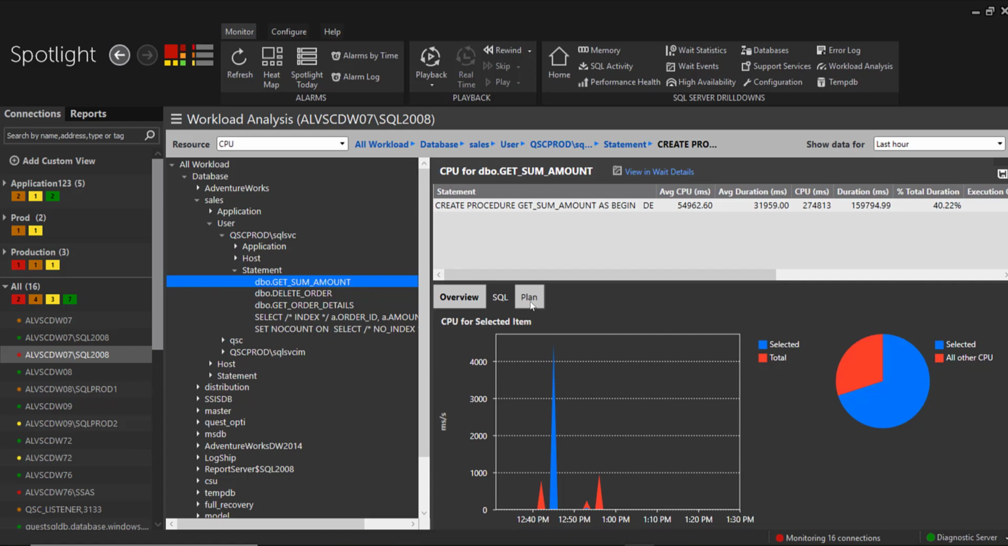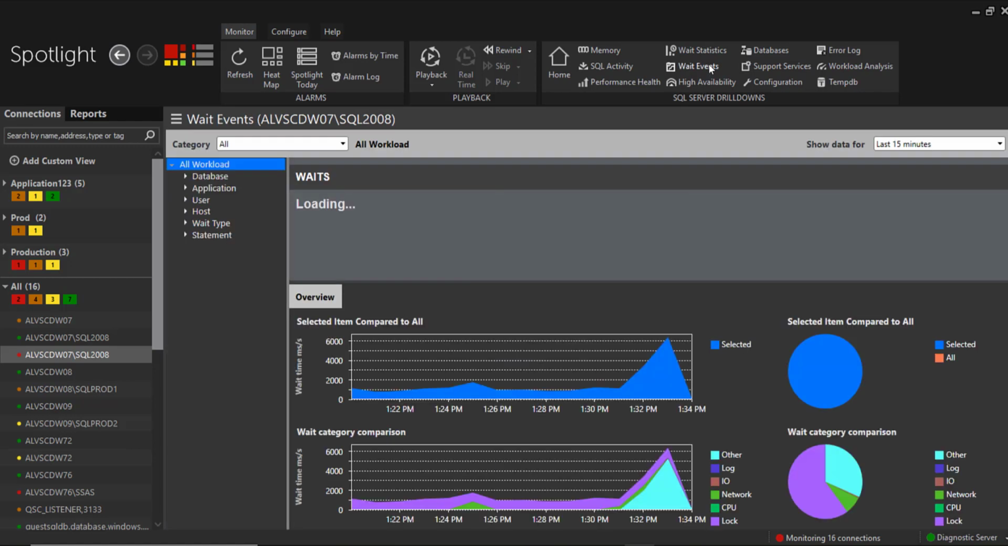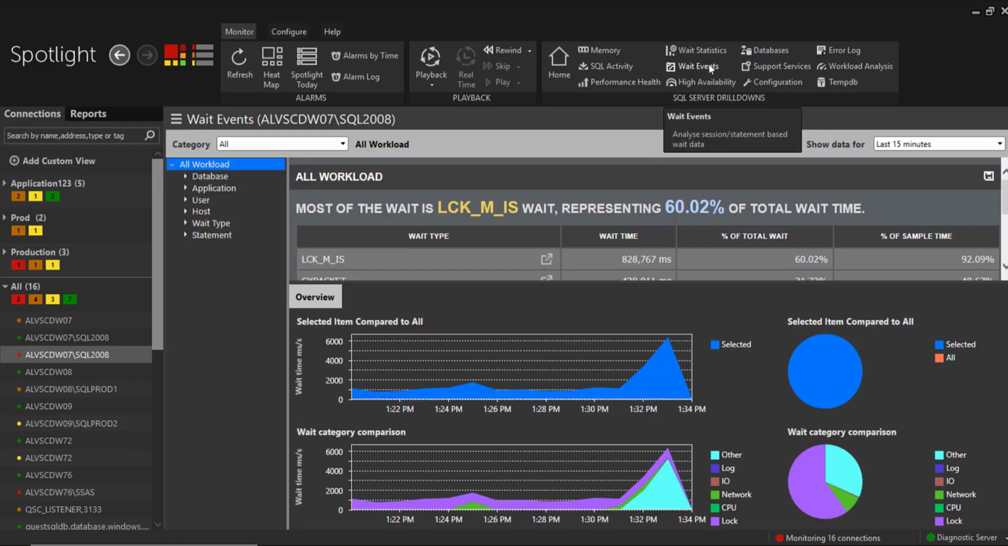Now, if you like the look and feel and navigation of the workload analysis dashboard, you'll also like its companion dashboard for identifying wait events, accessed here. This is what I consider the opposite side of the coin, if you will, and just as important,